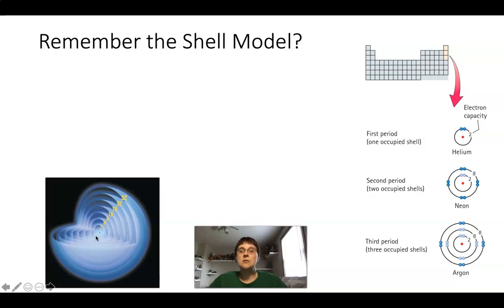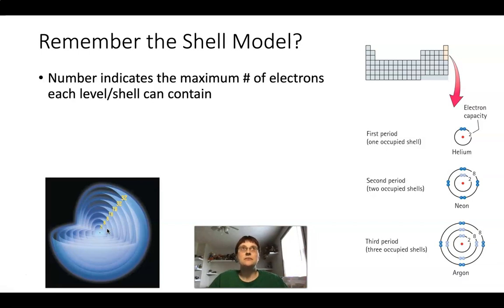If you remember the shell model, that is the idea that the electrons live in concentric circles around the nucleus. You've got the first shell that can hold 2 electrons maximum, the second shell that can hold a maximum of 8, and so on. So that number on the shell in this model indicates the maximum number of electrons that that shell or level